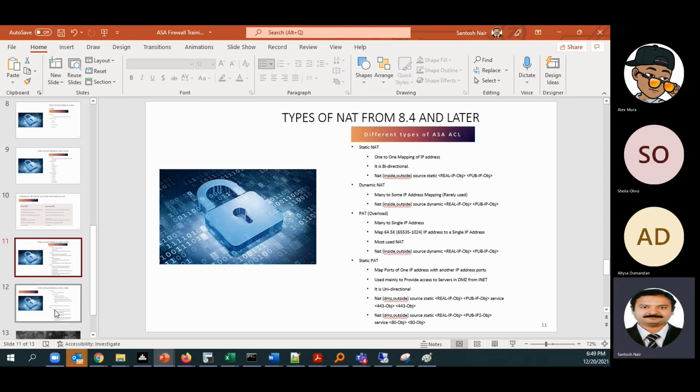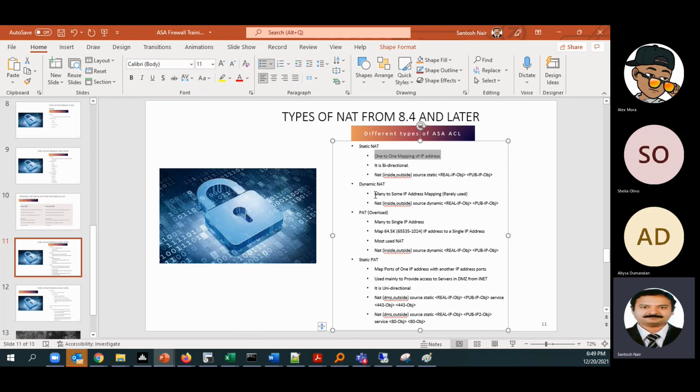So the rest are 2 slides, right? These are the practical slides, where we have to do the practicals. Static NAT is 1-to-1 IP address. Dynamic NAT is where we have a couple of IP addresses. We can take that one by one. I will tell you each of it, and we will do a practical also. Or else we will go through the theory, and the practical I will connect with you later. Okay, so let's start with static NAT.